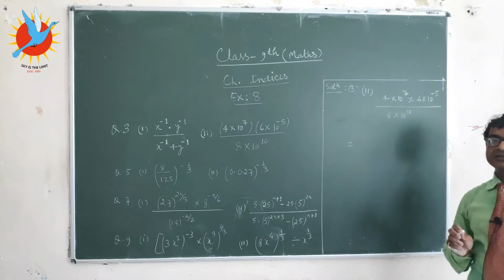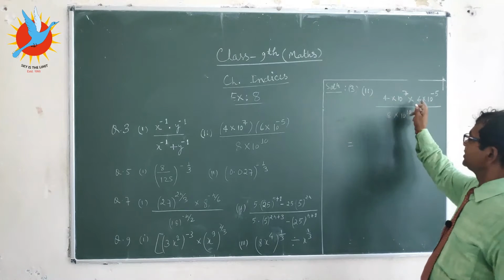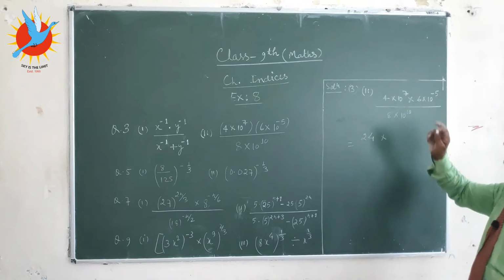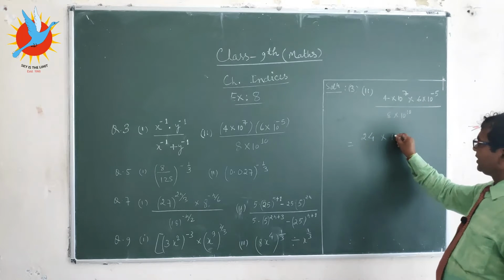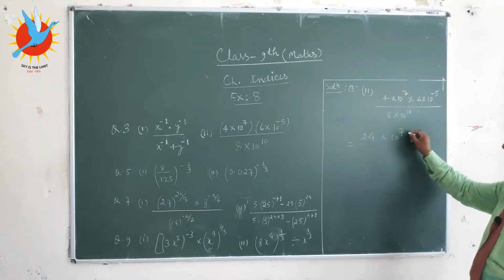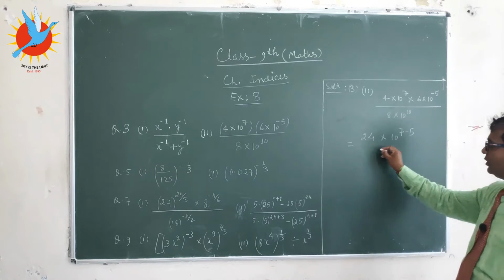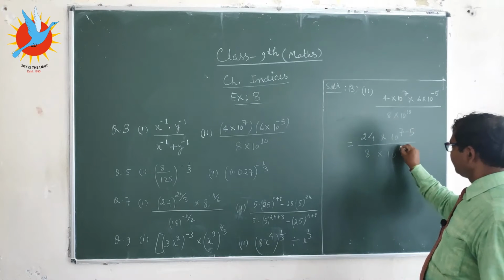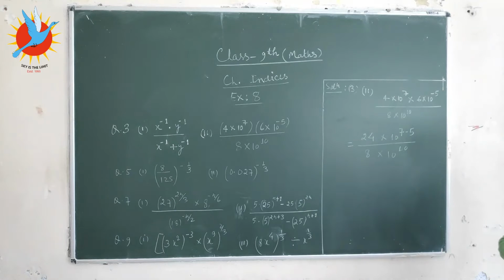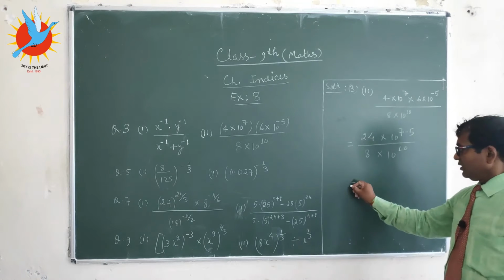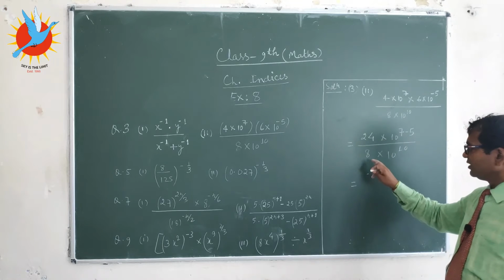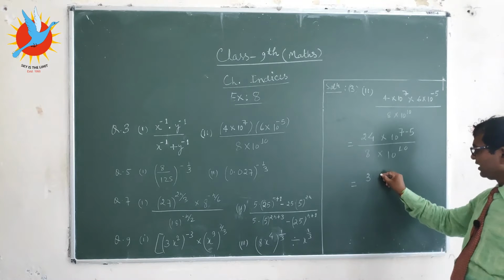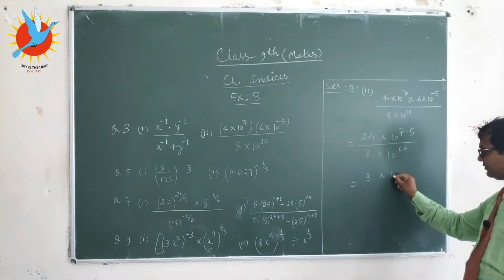Now 4 and 6 can be multiplied. 4 sixes are 24, into this can be written as 10 to the power 7 and this is minus, so this will become minus 5 over this can be written as 8 into 10 to the power 10. Now 24 and 8, 8 threes are 24, this will become 3 into 10 to the power 7 minus 5